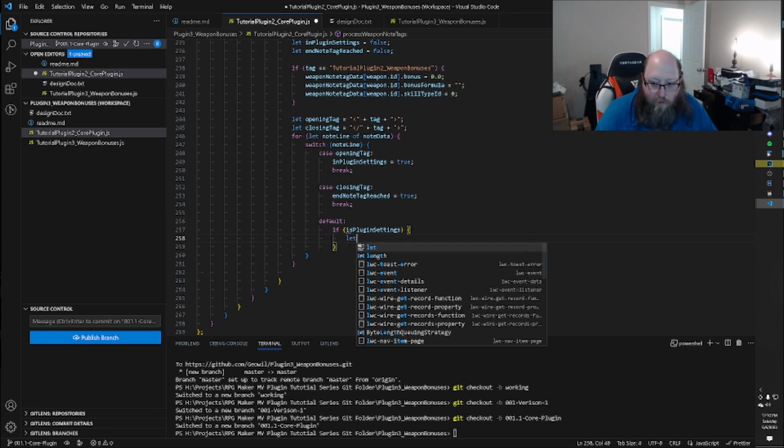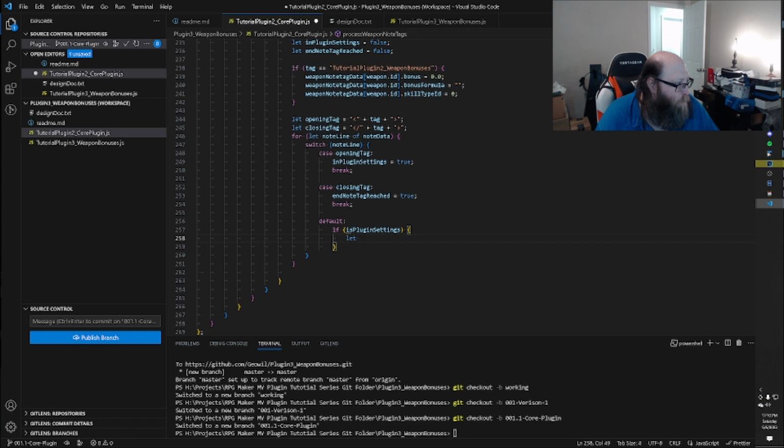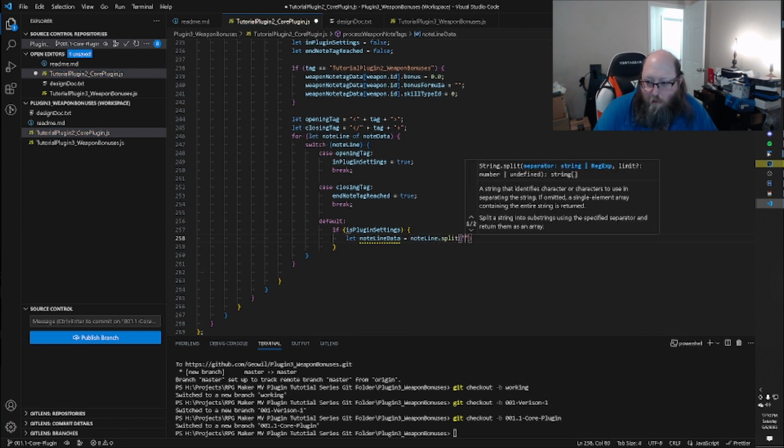So we go let note lines. Actually, it's called note line data. It makes more sense to call it note line data than note lines. We're actually going to update all the stuff to make it the best version of this that it can be. So note line data equals note line dot split on the colon,